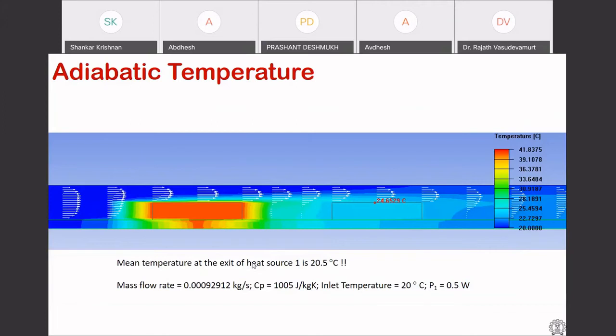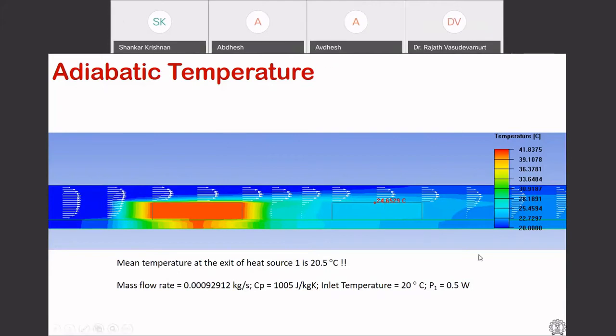If I do a mixed mean temperature, that is essentially calculate a mean temperature based on my heat input from the power that was supplied by the first heat source, then my mean temperature will be 20.5, but my adiabatic temperature is 24.7. So that means I have a 4.1 or 4.2 degrees C higher temperature